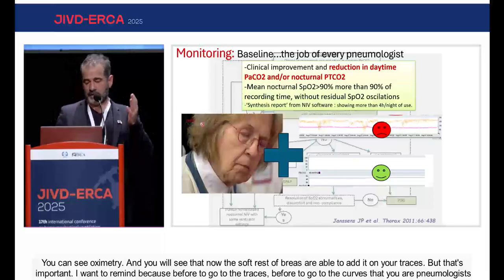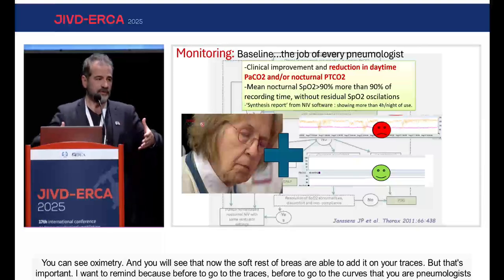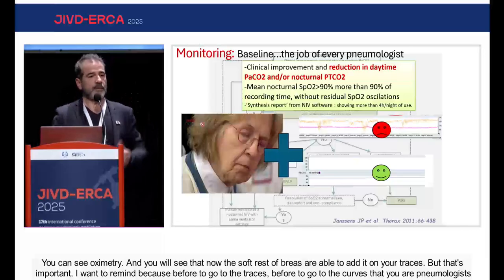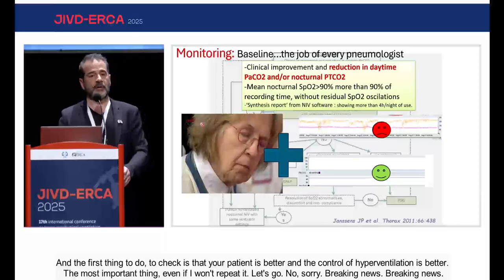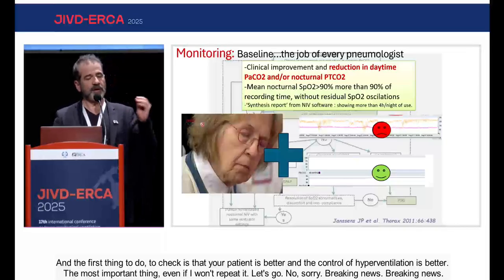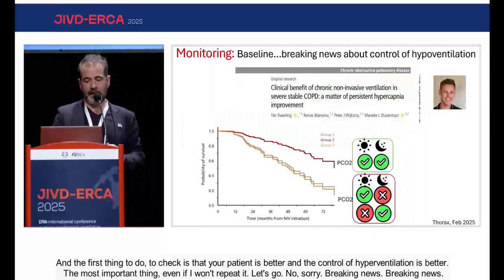But that's important. I want to remind you, because before going to the traces, before going to the curves, that you are pneumologists, and the first thing to check is that your patient is better and the control of hypoventilation is better. The most important thing, even if I won't repeat it. Let's go,